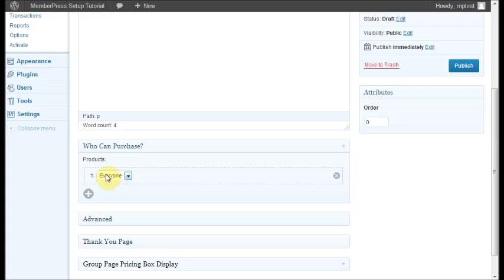Who can purchase? We want everyone to be able to purchase this product. Just so you're aware, you do have 2 other options. It's guests can purchase it or members can purchase it. And you can select, if you choose members, you can select members who have purchased nothing or members who have purchased anything. And once you've created some other products, they will show up in this list as well. So I'm going to put this back to everyone, publish,